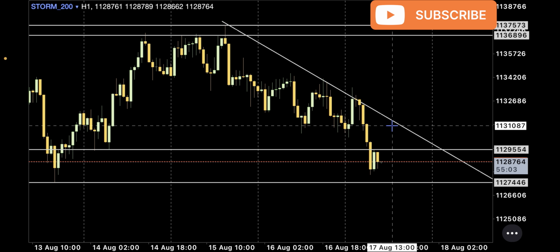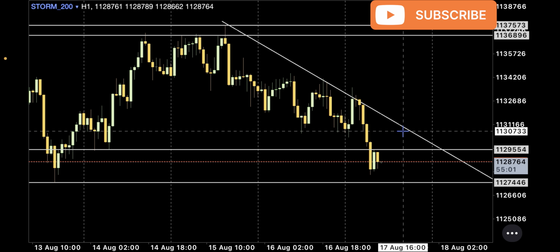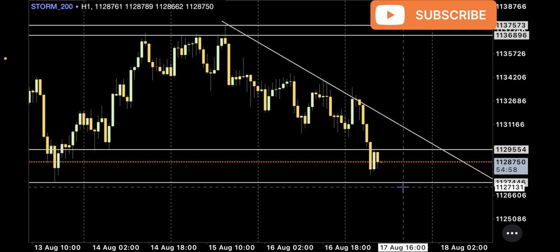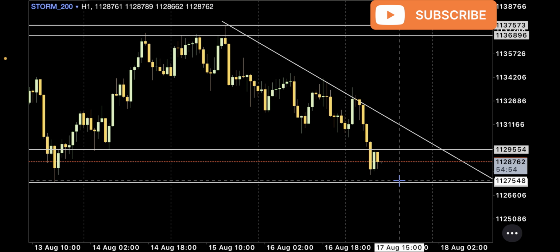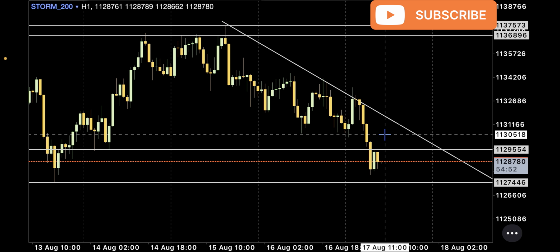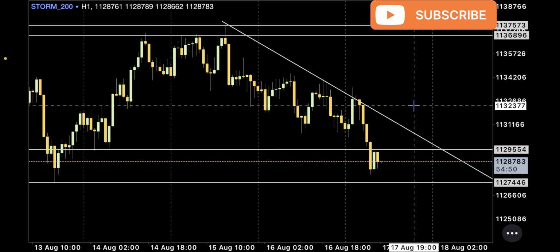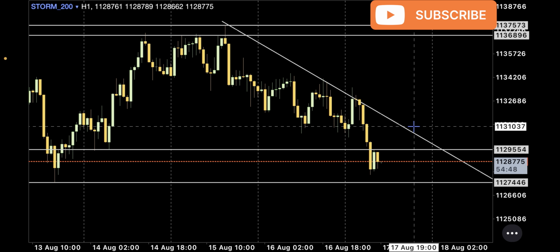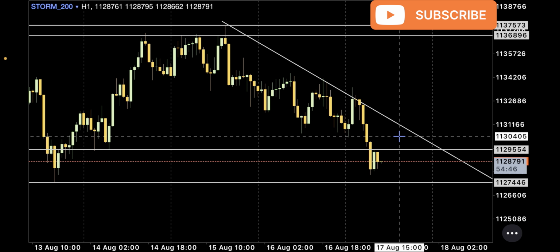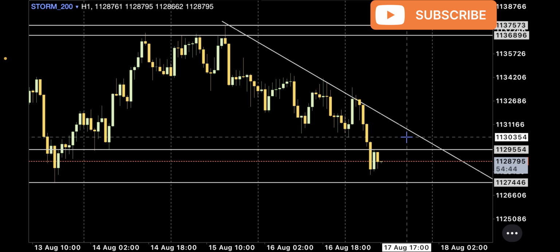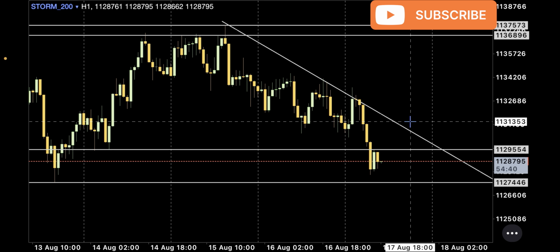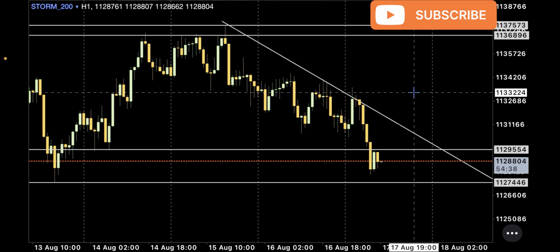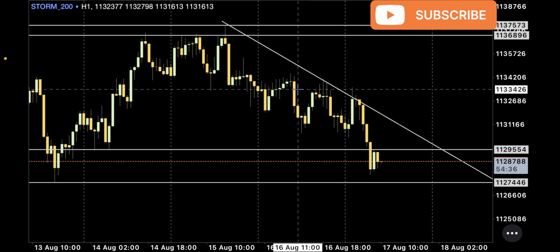That price can get here, respect the trend line, and start falling back. So the perfect time to buy is when price will break above this trend line, sit on the trend line, and not come down. The candlesticks should not close below the trend line. The candlesticks should sit on the trend line and give us more bullish momentum to the upside. Then we can buy. But looking at the structure now,